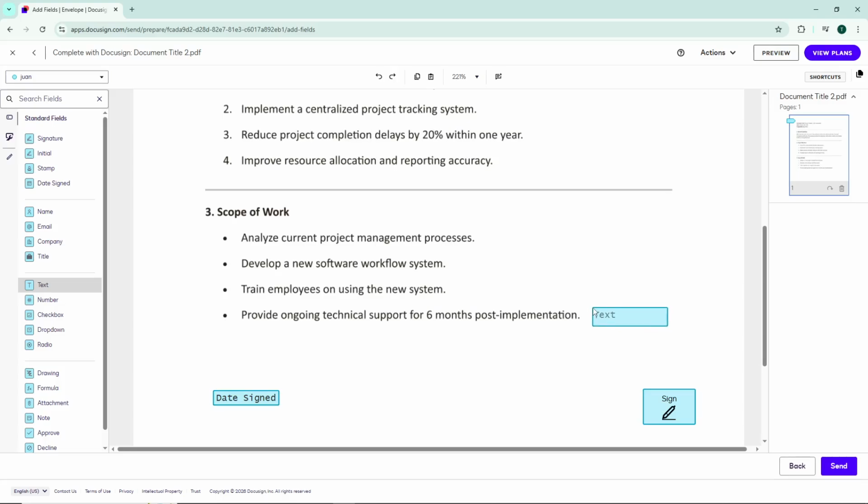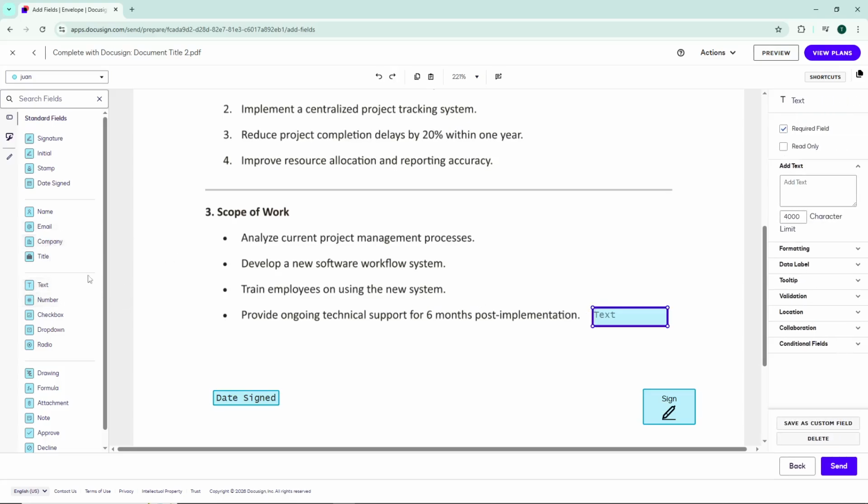Position them wherever you want the recipient to provide their input. This step is crucial because it tells the recipient exactly where they need to sign or fill in information. Once you've placed all the necessary fields and you're satisfied with the setup, click Send in the bottom right corner. Your document will be sent to the recipient with the access code protection enabled, ensuring only authorized individuals can view